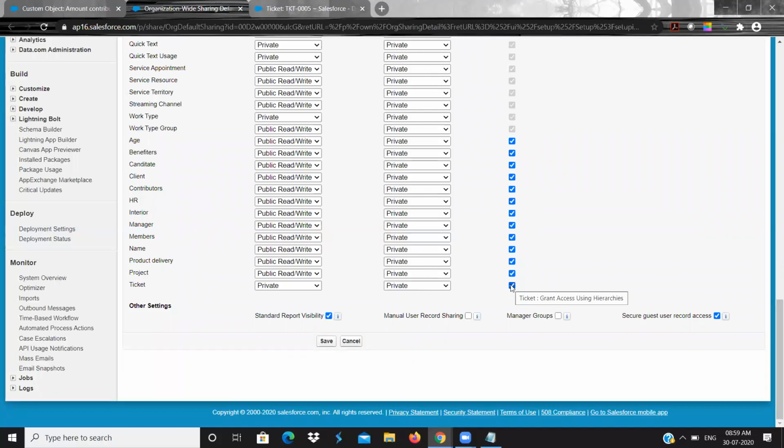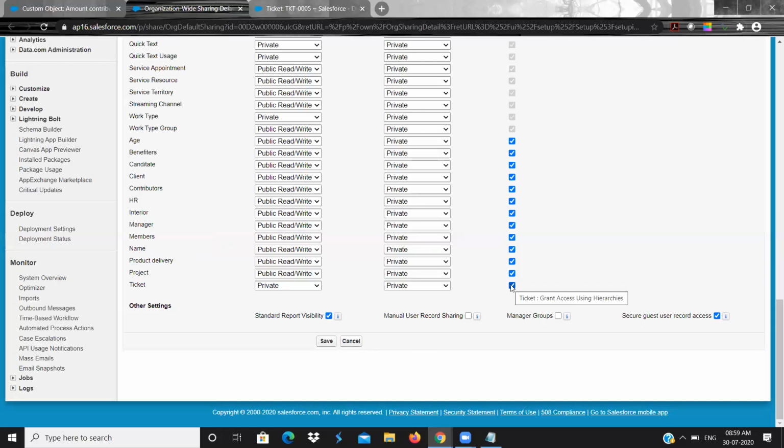I want to grant the permission based on a certain hierarchy. For example, I am a sales person working on one record. My colleague is also a salesperson working on another record. I cannot see his record, he cannot see my record. My customer details he cannot see, his customer details I cannot see. But my manager wants to see both of our records, and his manager wants to see all the records.